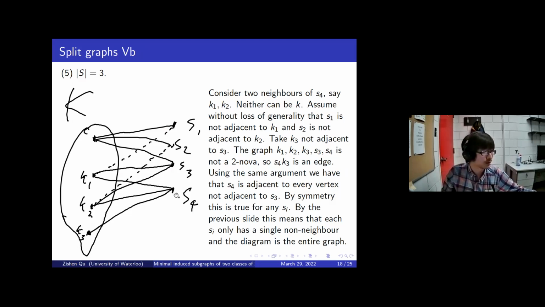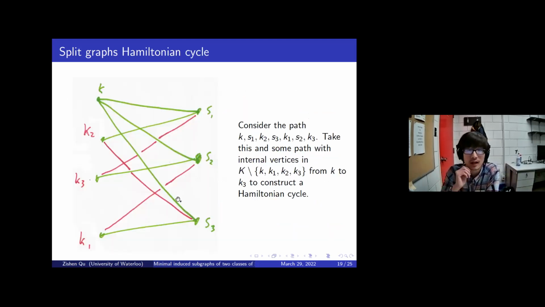Okay, so now that we've proven all 5 of these claims, we can just show whatever's remaining. So this is what the graph looks like. You have 3 vertices in S, and there's actually more of K, but we'll just pick some K2, K3, K1, such that K1 is not incident to S1, K2 is not incident to S2, and K3 is not incident to S3, which exists because you can't have it incident to the entire clique, or you'll have to move it, right? So if you just look at this exact graph,